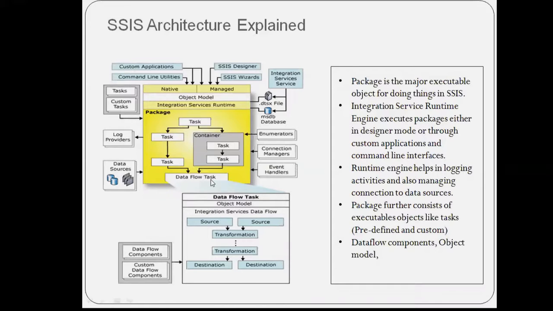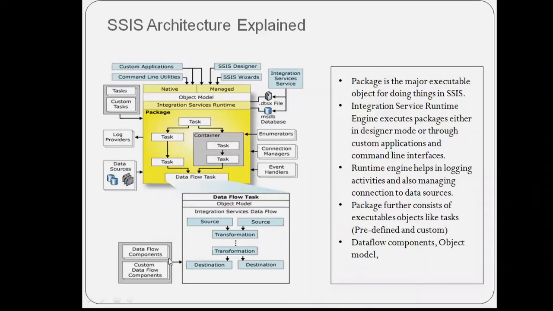Then you have a data flow task. This is where the main data transformation happens. You have a source, you read the data, or you have multiple sources, you read the data, then you do some transformations, then you load the data into the destination. That's the minimum thing which you'll find. In a data flow task, the minimum you will find is a source and a destination. In between, if you have multiple complex transformations, then you have that number of steps. If it's simple, you read the source and dump into the destination. That's a simple data flow task.